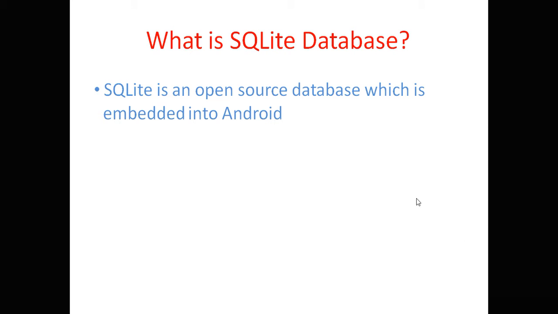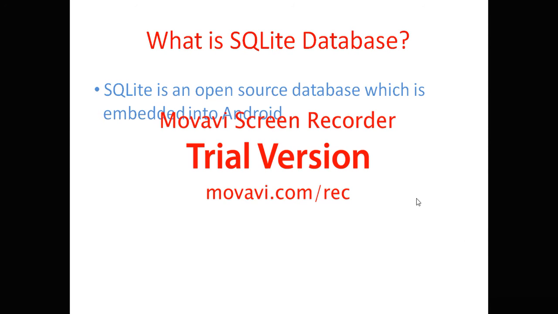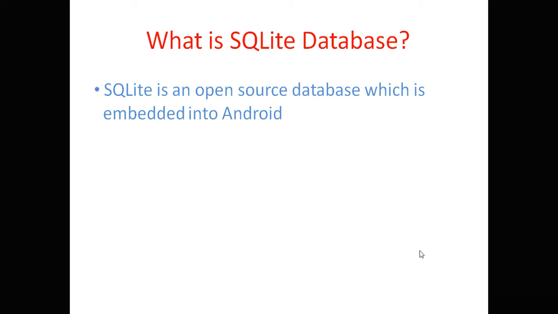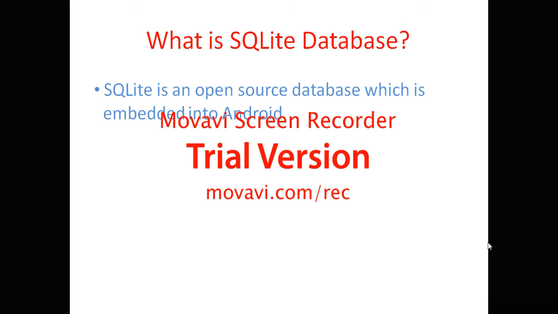SQLite is the lighter version of SQL database. It means it requires very little memory. Every device has an inbuilt support for SQLite database, which is automatically managed on Android. So we can say there are basically three advantages of SQLite database. First one is it is a lightweight database. Second, it requires very little memory. And the third one is an automatically managed database.